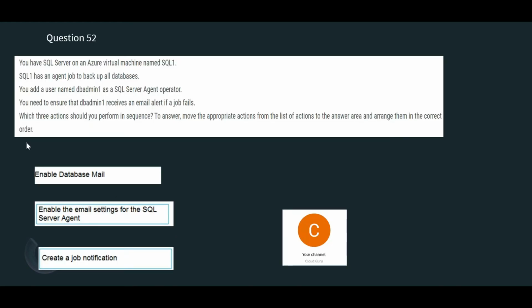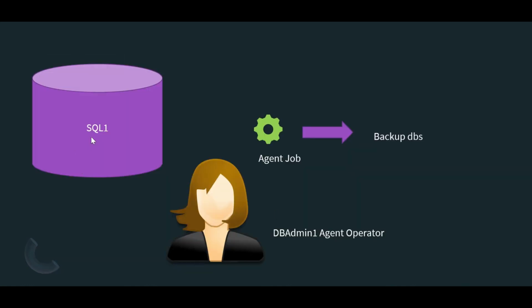So out of those options, these options are better in this sequence. So you will enable database mail. This is the database. You will enable the database mail because this database has to be integrated and talking to an email server first. So you will make sure that database mail is set.